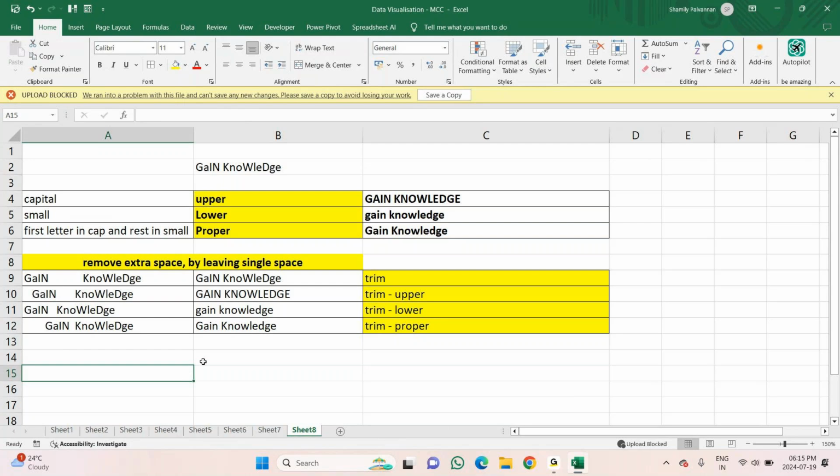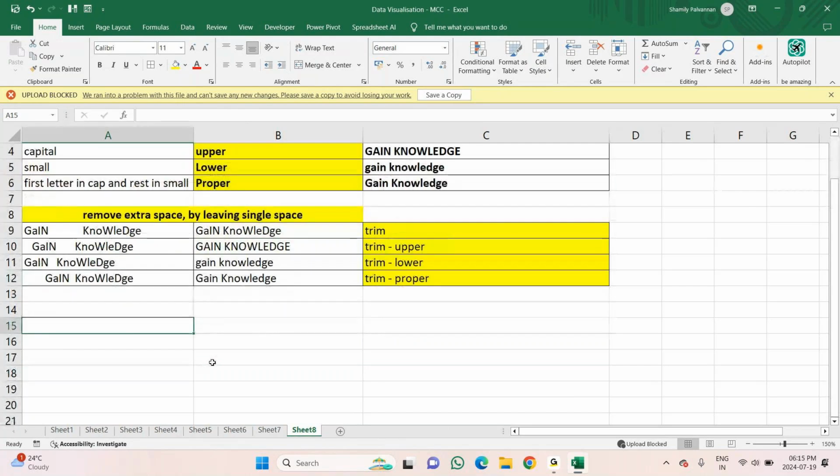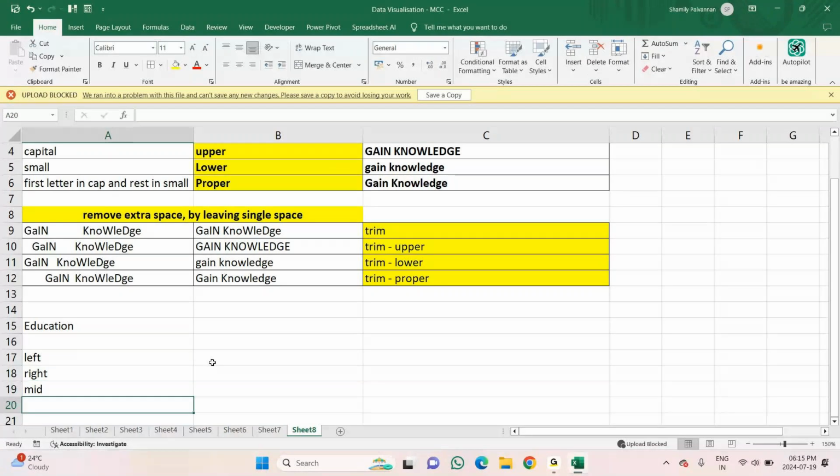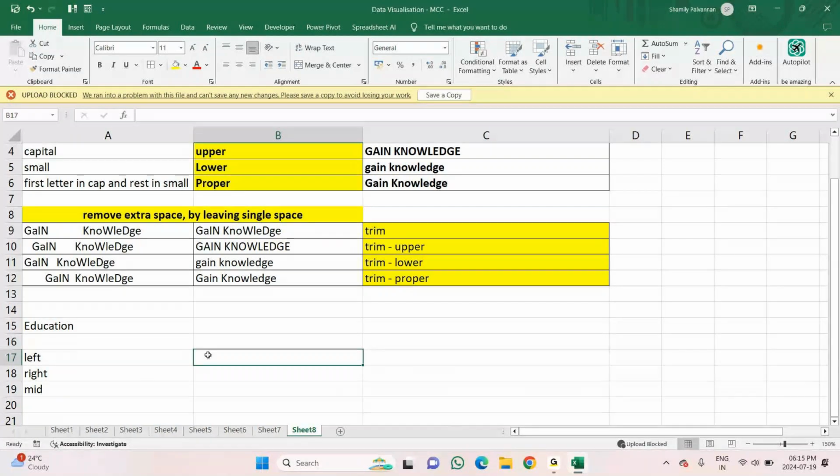I'll take a word here, say for example, education. I need a few characters from the left side, from the right side, and from the middle. So for example, I need 3 characters from the left.